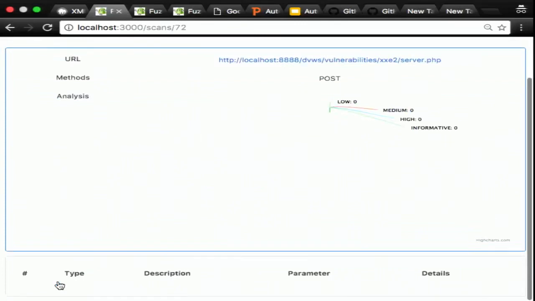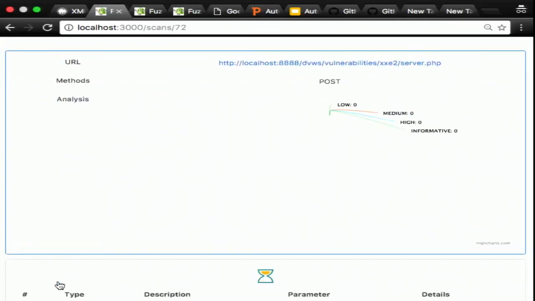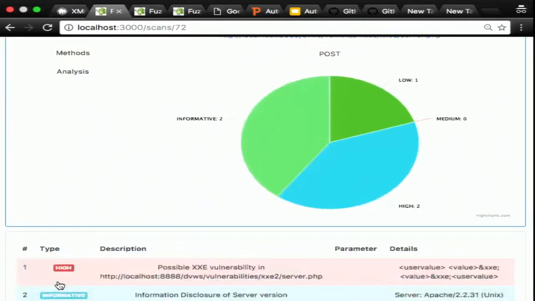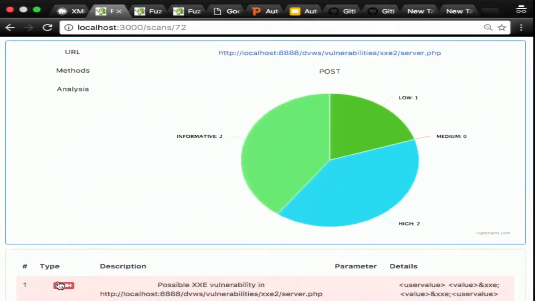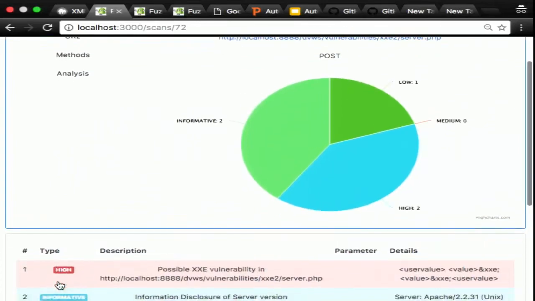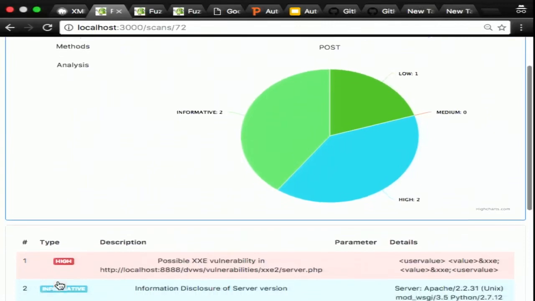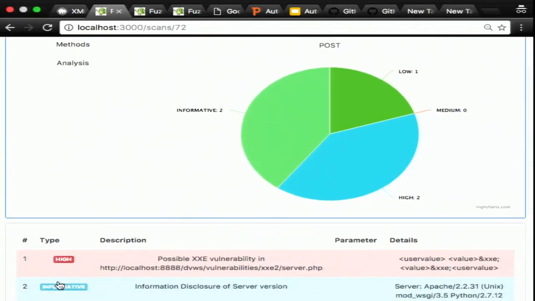And yeah, just go for a walk or get some water or coffee. It'll probably take 120 to 240 seconds to complete a scan. We probably ran like 72 test scans since last night because we didn't want to mess up during the talk, but luckily, fingers crossed. Cool, we have a possible XXE vulnerability in this particular application at this URL, and it also gives you details. It gives you a fancy flow chart